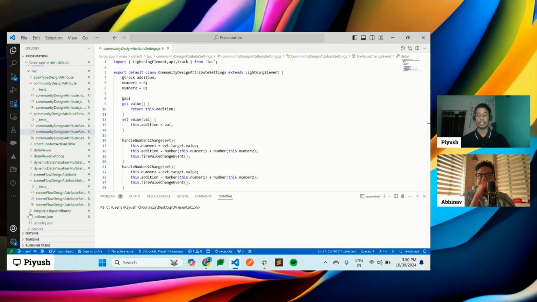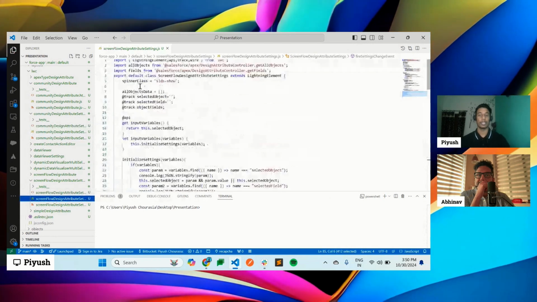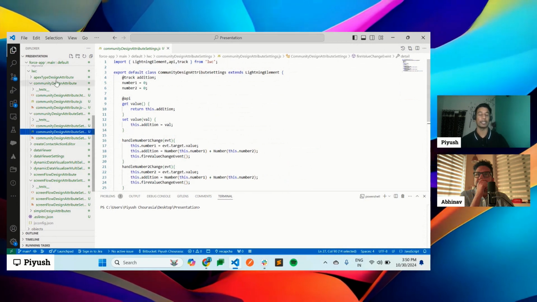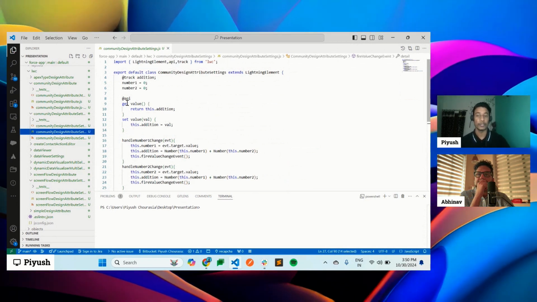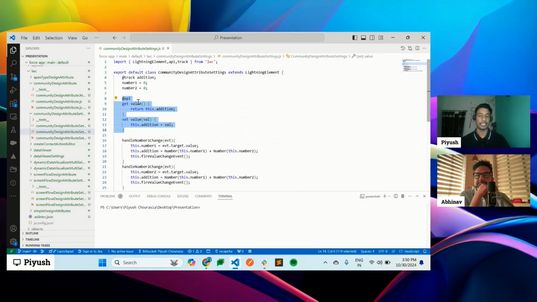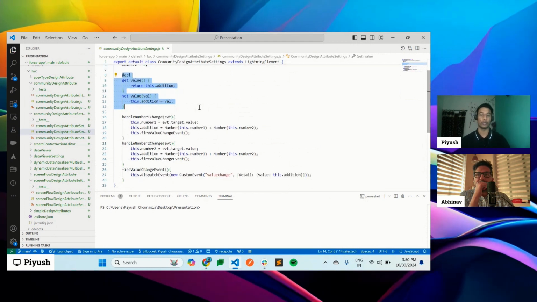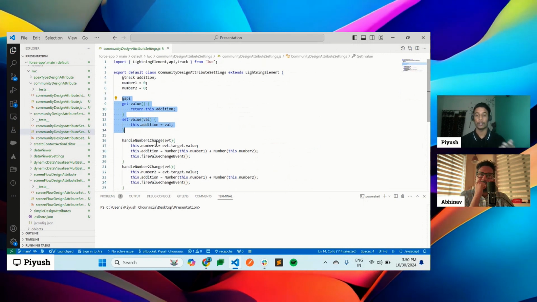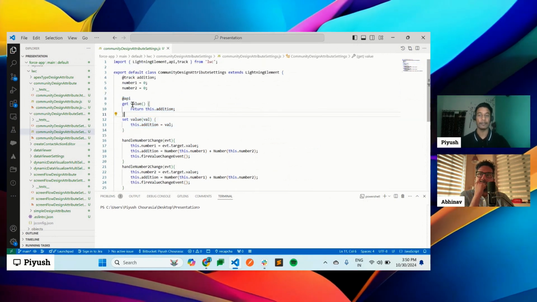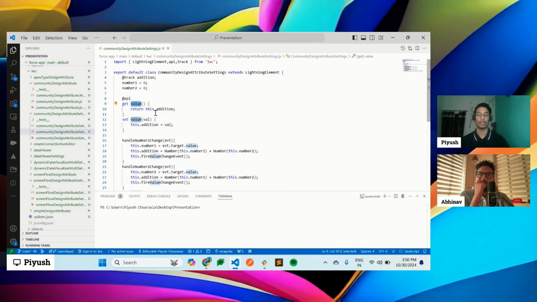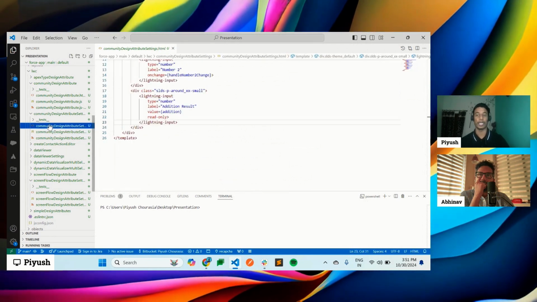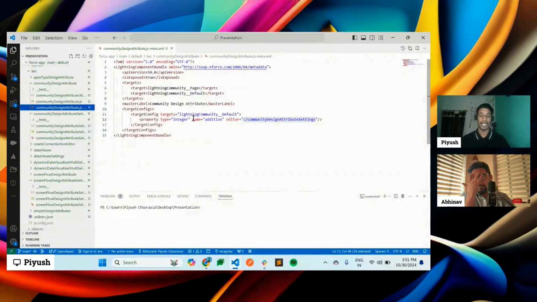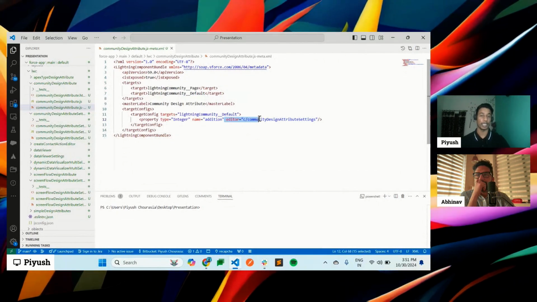The way ScreenFlow was using the values from the top is input variables, and community type design attribute, or community type custom property editor, uses this value get set property to set the default values, or to communicate from top to bottom, or from main to your setting component. This value get set property will help you set your default values for this particular component. As you already saw, we are only able to retain our additions, and that was because of this particular editor section,